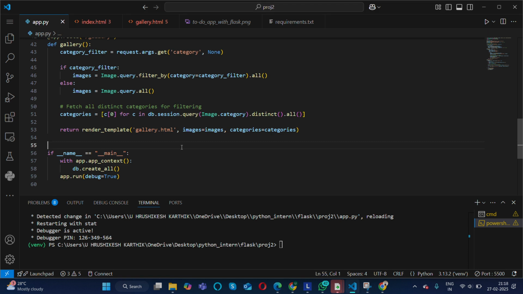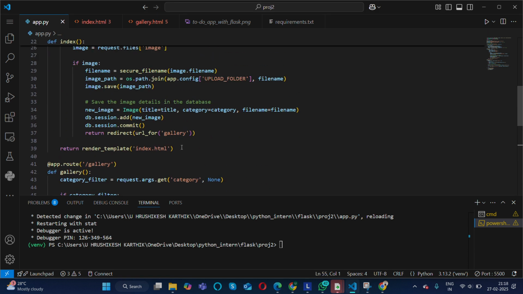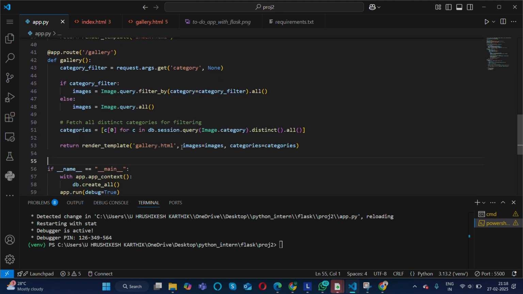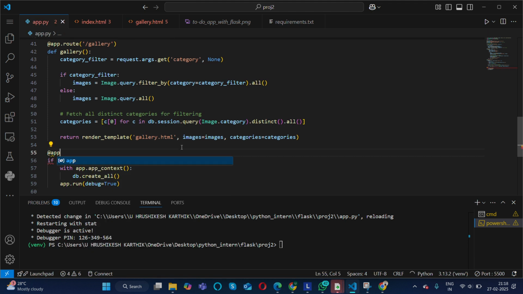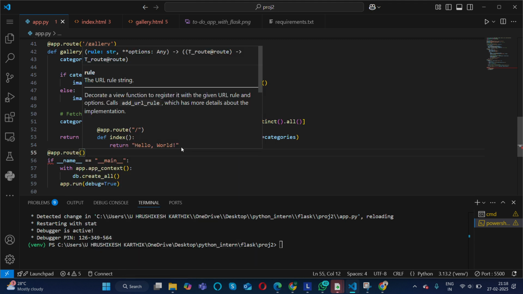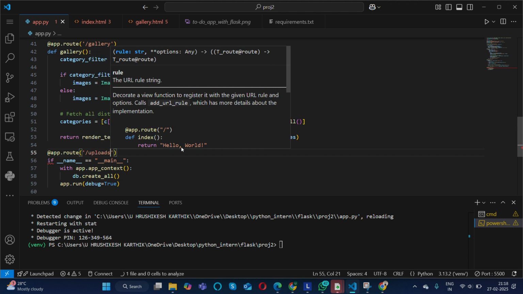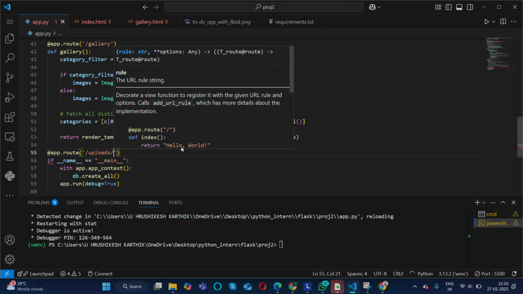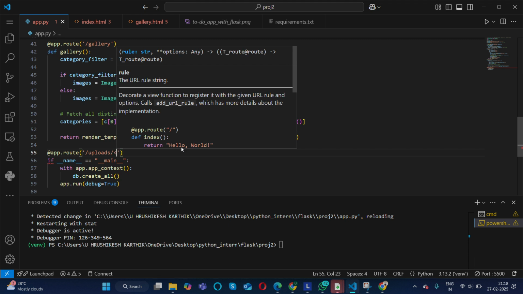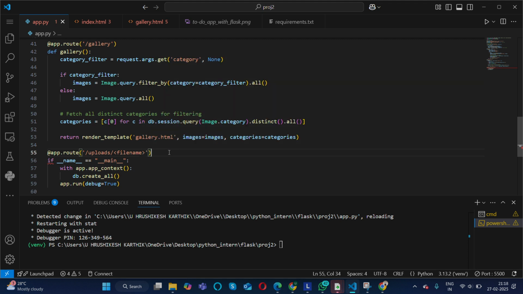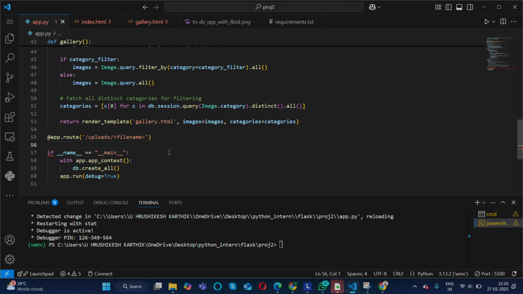Okay, let's try to find the error. Yeah, actually I should give another route, which is to save the uploads, right? To give a route. I think it should work now.